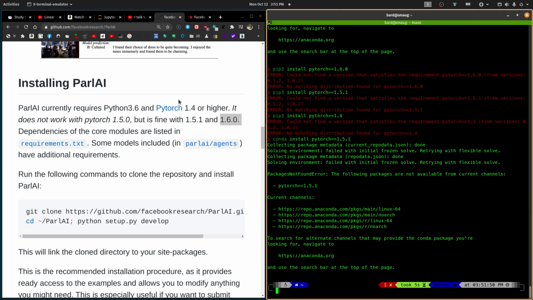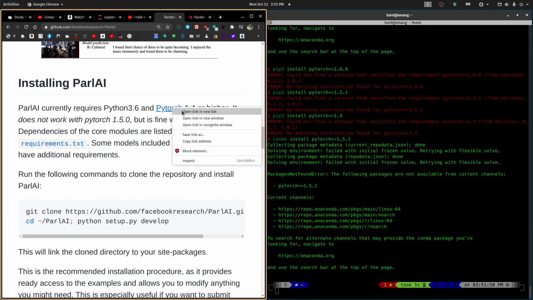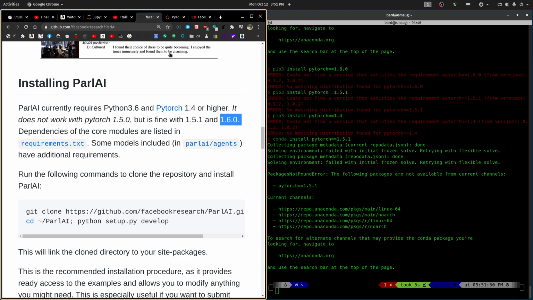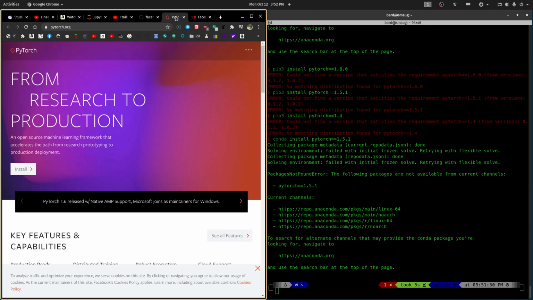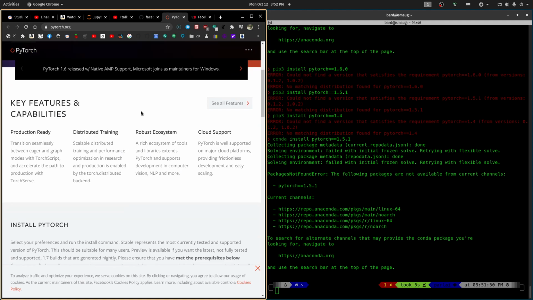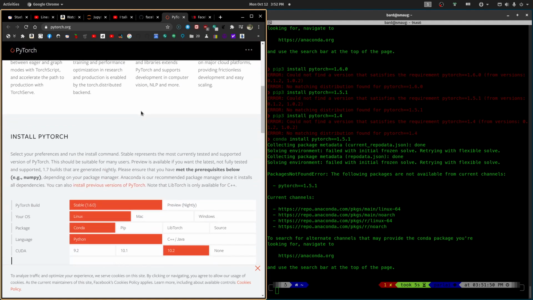All right, so let's take a look at installing PyTorch, because whatever I'm doing is not correct.